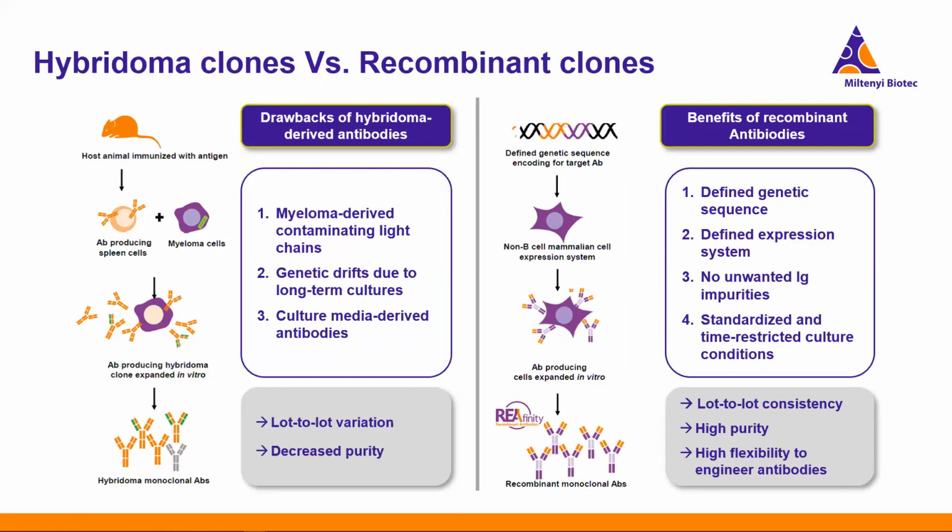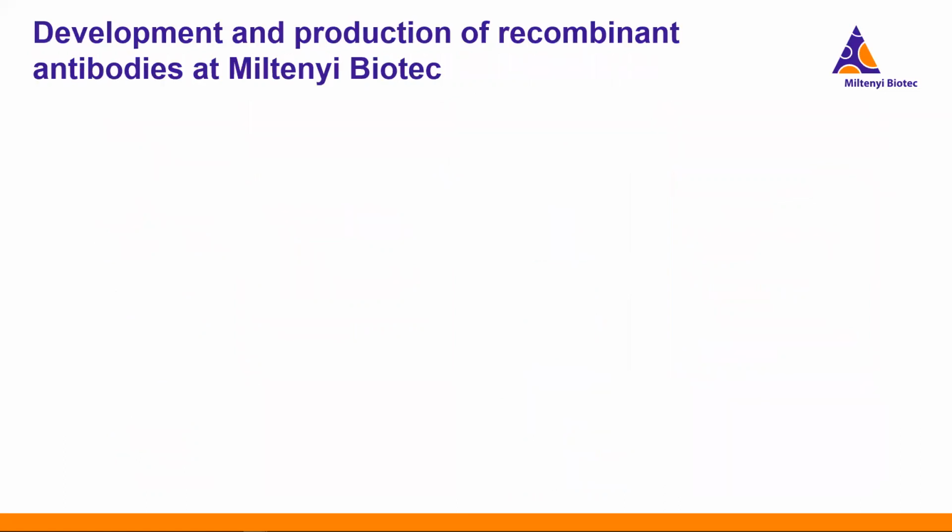So for example, a 30 microgram vial of a recombinant antibody is naturally going to be more potent than a 30 microgram vial of a hybridoma produced monoclonal. And what I think is really exciting, recombinant engineering introduces the option for further engineering and optimization. So for example, I'm going to talk a little bit about how we've optimized some of our recombinant antibodies for flow cytometry in a moment.